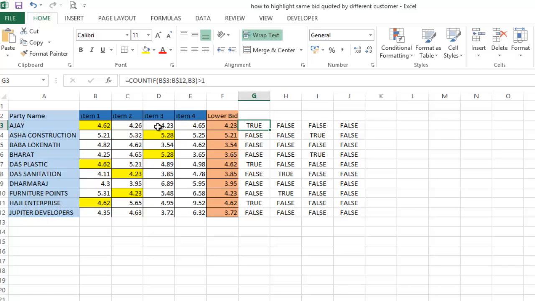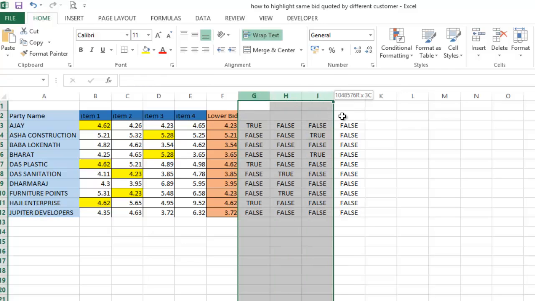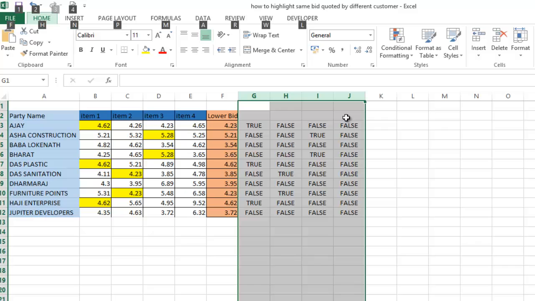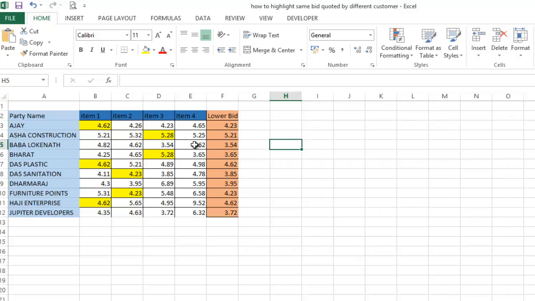Now this true represents this cell. This cell contains this formula. That means when this cell gives you true, conditional formatting will highlight this cell, and if it returns false, then it will leave it blank. This cell doesn't have any role in this condition. If you delete it, then also it will work perfectly. I am deleting it. In spite of that, this is working perfectly, just because conditional formatting works with true and false. That is why I have demonstrated true and false.